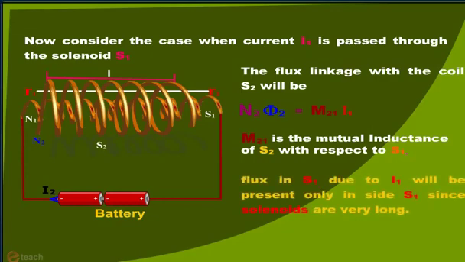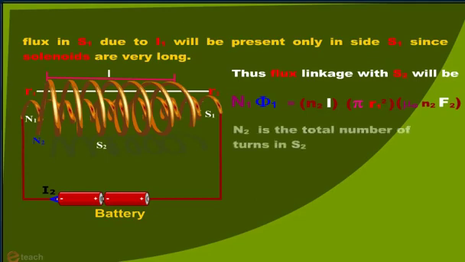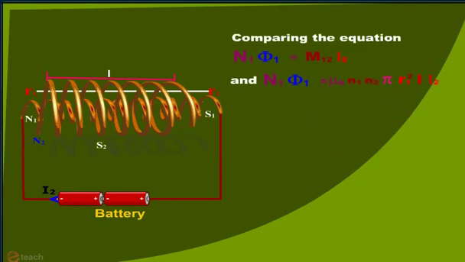Flux in S1 due to I1 can be assumed to be confined solely inside S1 since the solenoids are very long. Thus, the flux linkage with S2 will be N2 Phi2 equals N2 into L into pi R1 square into mu naught N1 I1. N2 is the total number of turns in S2. Comparing the equations, N2 Phi2 equals M21 into I1 and N2 Phi2 equals mu naught N1 N2 pi R1 square L into I1, we can say that